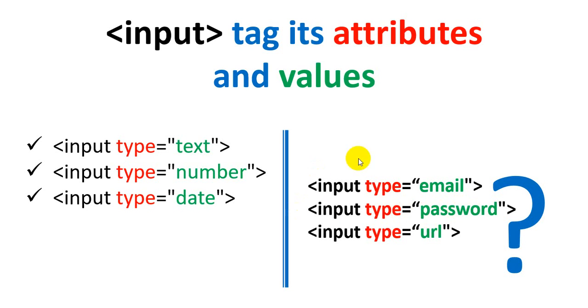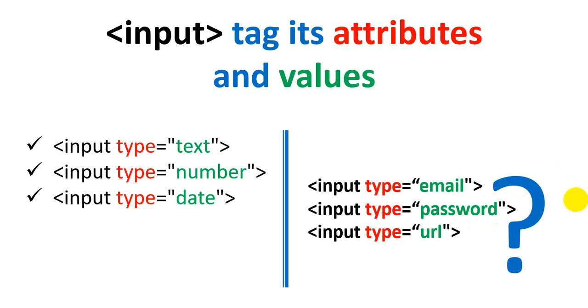So if you are going to add password, you cannot take input type equal to text, because with input type equal to text, whatever you write, anyone can see or watch, and they can type your password. So input type password will hide your password, or it will be converted, or encrypted into hidden text, so no one can see or watch your password.